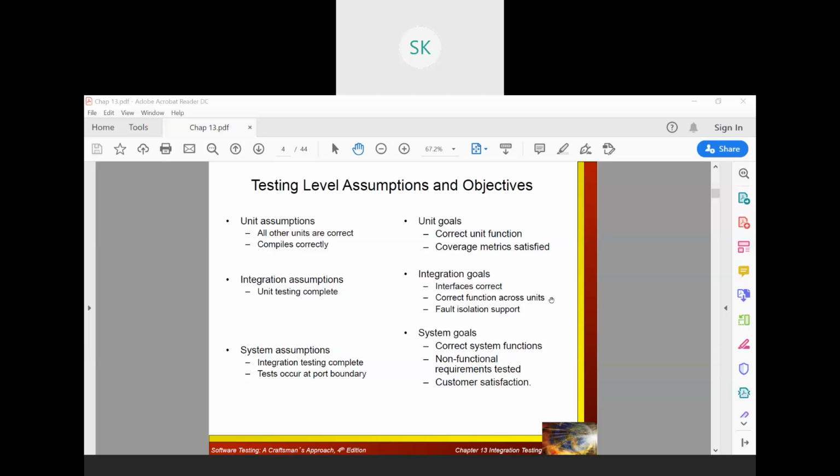Now the question here is, interfaces correct functions across the units. That's what I'm talking about. Correct function across the unit. That means for selection, that is for retrieving the data, if it is functioning well, then it should happen for updating as well as insertion and other transactions you are doing with that database. If it is not, then there is some problem in that scenario. It may understand only one communication, that is retrieval. For updating, changing, inserting new values or deleting values, it may not have the necessary APIs. So you need to identify that.